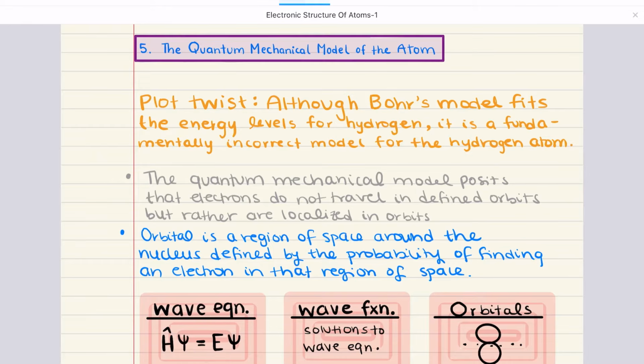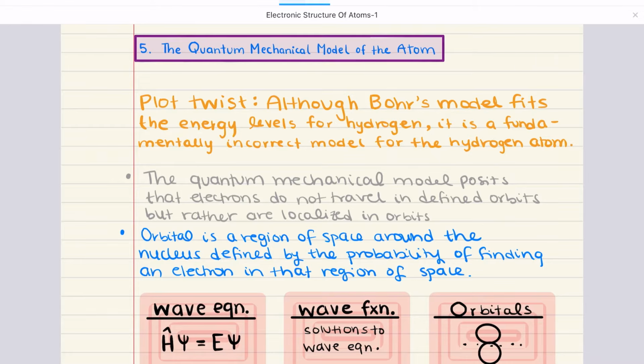Now, at first, Bohr's model appeared to be very promising. The energy levels calculated by Bohr closely agreed with the values that were obtained from the hydrogen emission spectrum. However, when Bohr's model was applied to atoms other than hydrogen, it did not work at all. And there were some attempts that were made to adapt the model, but it was concluded that Bohr's model is